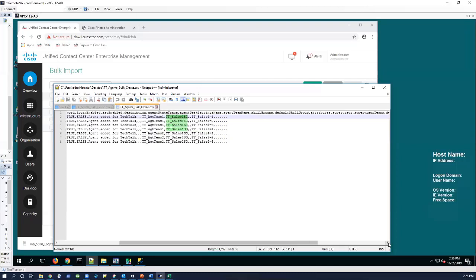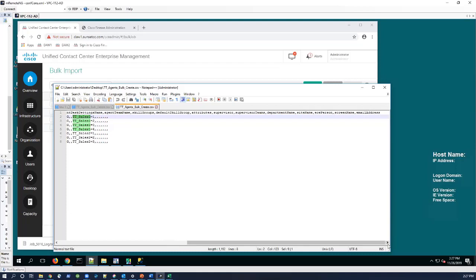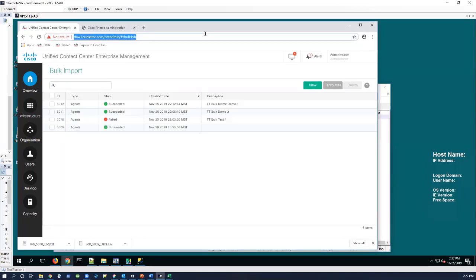And then the attributes. Here's where I've just gone in to create an attribute and set it equal to some proficiency value. The other fields are those others as mentioned earlier, if I'm a supervisor or not, if so, which teams, email address, etc. So what I'm going to do now is come over here to the bulk import,